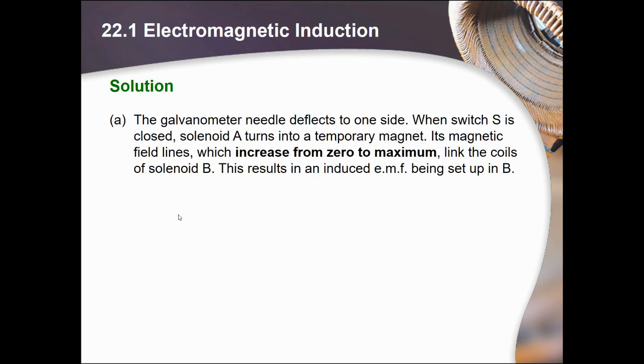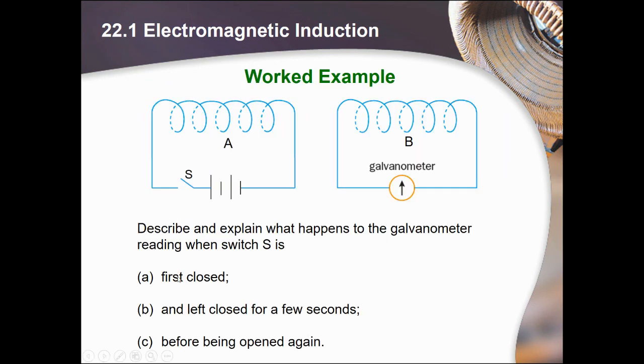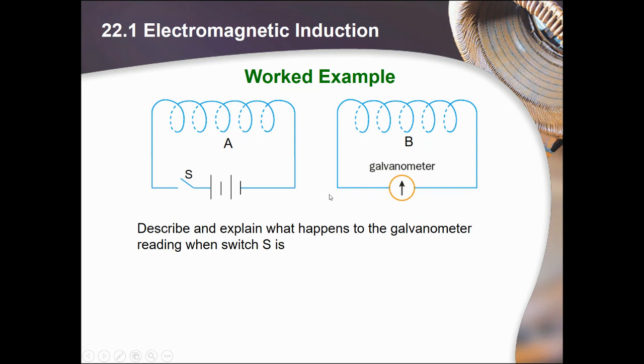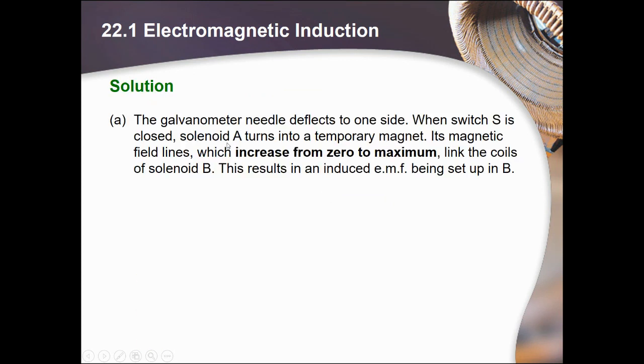So my solution for the first part: what happens when I first close the switch? What happens to this galvanometer? The answer is as follows. When I first close the switch, what you will see is that the galvanometer needle will deflect to one side. What happens is when the switch is closed, the current will start to flow